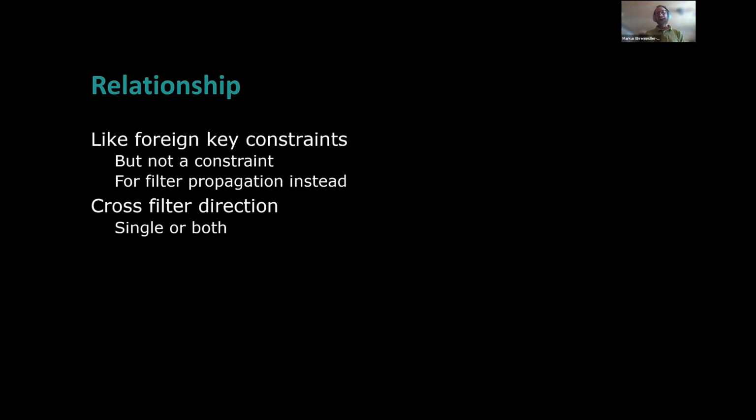The filter can have two modes. Either it's a single directed filter or it's a bidirectional filter, so going in both directions. The standard, and that's what you should aim for, is only having single directed filters. That means that if I put a filter on the customer table, on the country of India, for example, then it will limit the rows available in the sales table. But usually I do not want the filter to go the other way around.